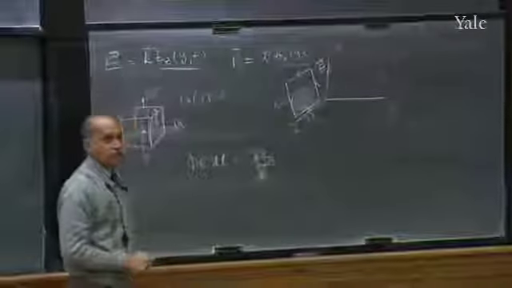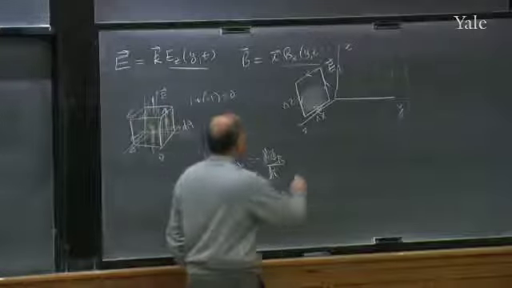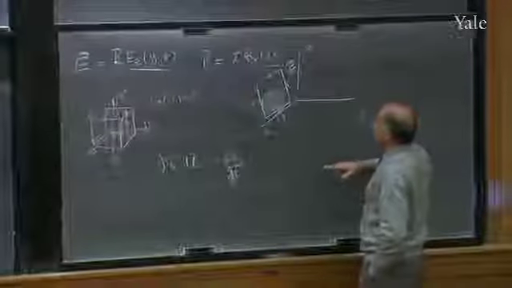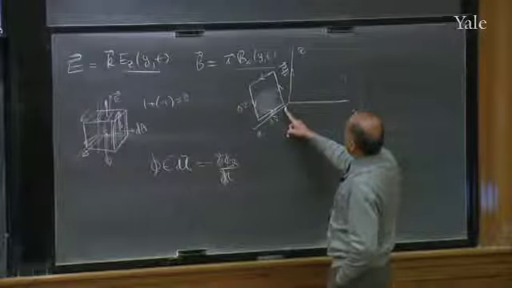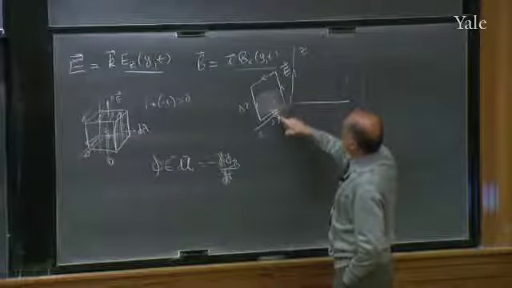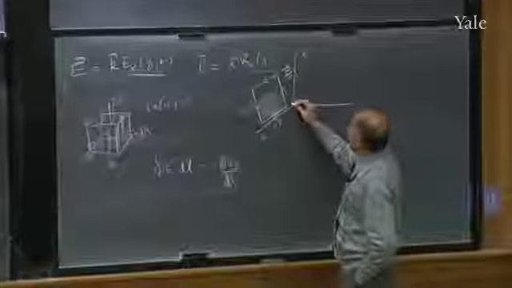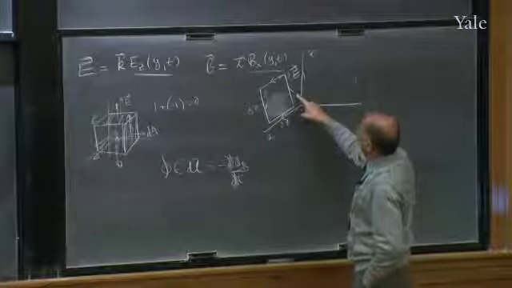I have to see, is that true or false? Well, take this loop and look at the line integral of E and see what happens. There is an E going up this face. E is perpendicular to that face, and E is perpendicular to that edge. E is anti-parallel to this edge. You see that? If E is pointing up, it cancels between these two.